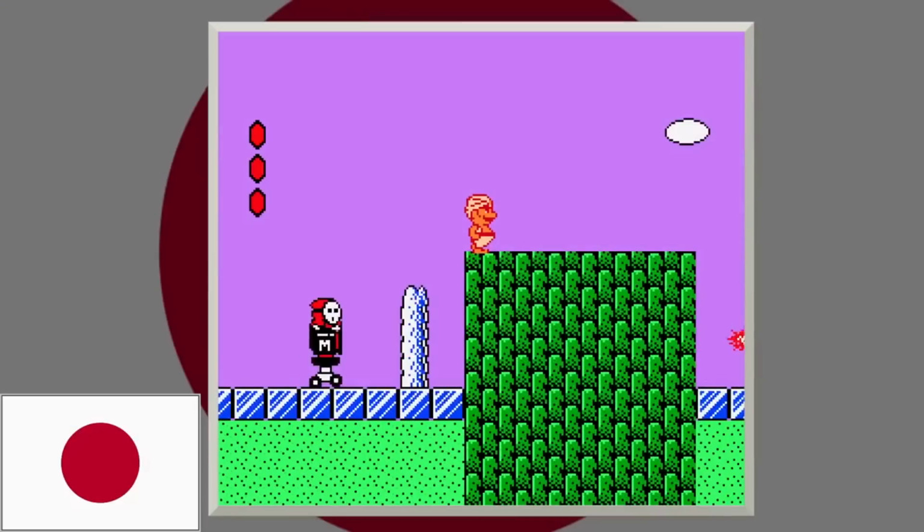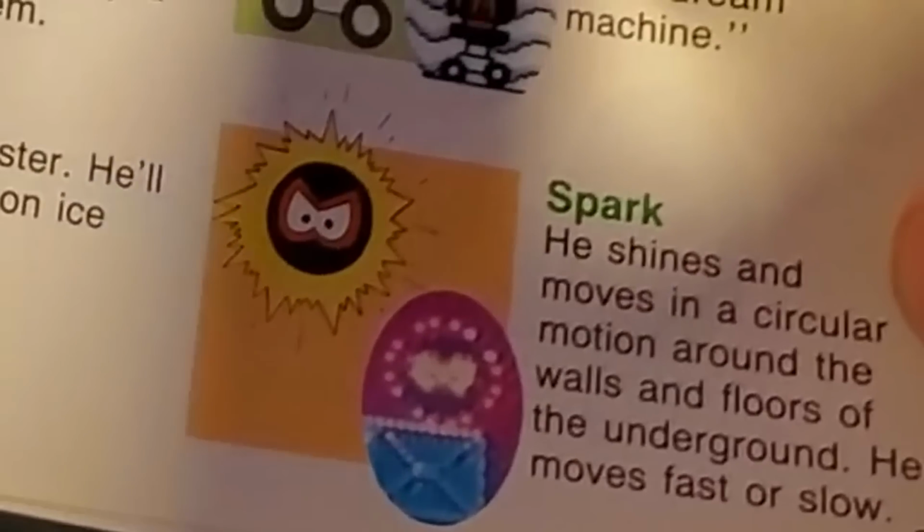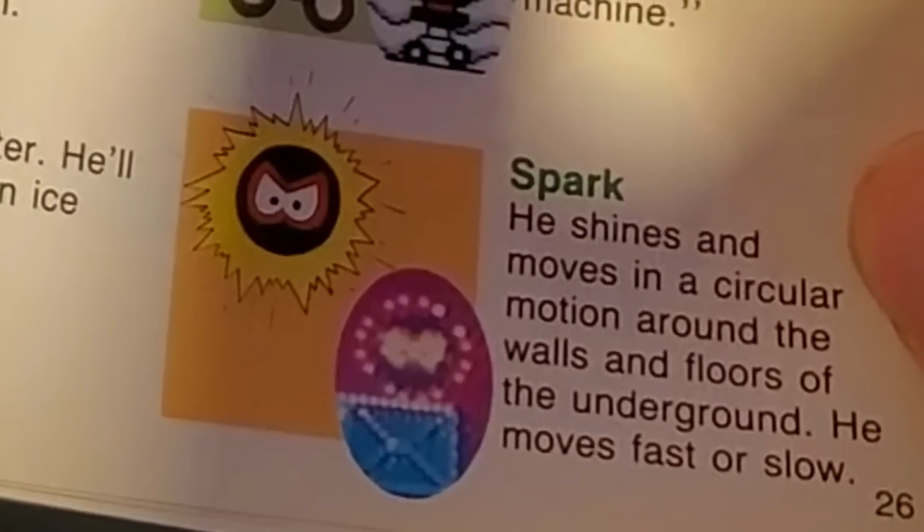But I think now in the final game, the M was supposed to stand for Mamu, which I'll explain who Mamu is in a second. And also the Spark, alongside the Flurry and the Tweeter, are all enemies that will not show up in the